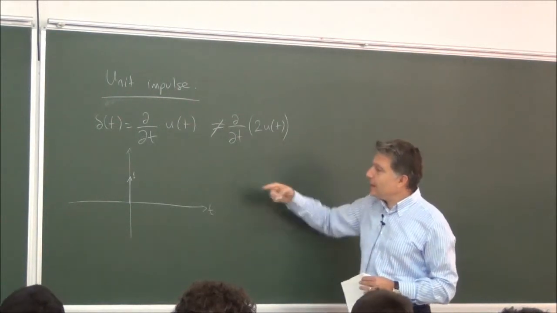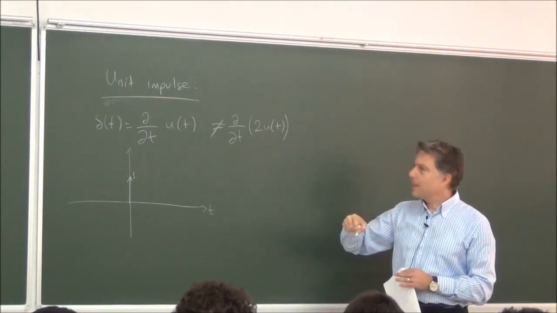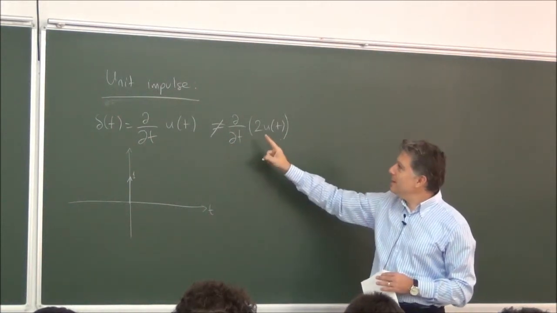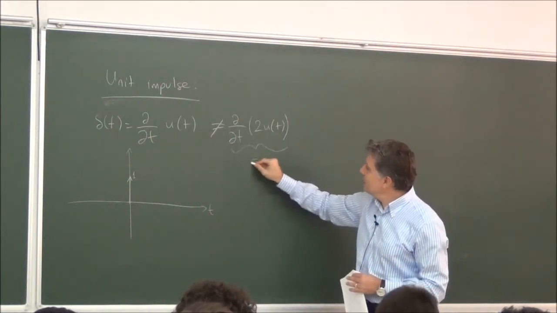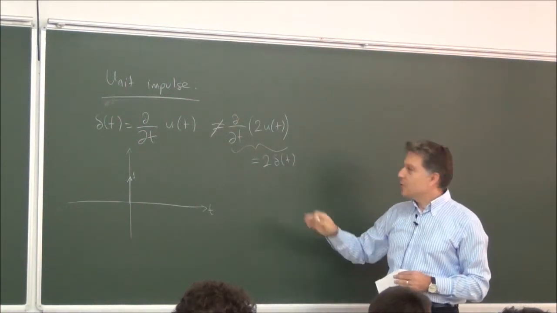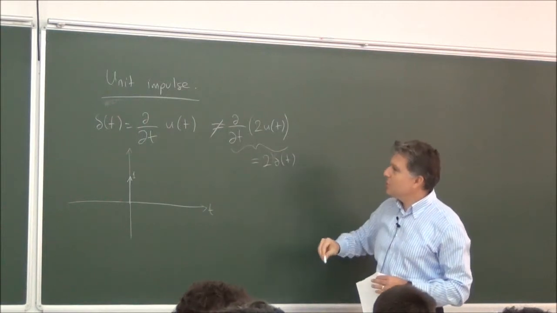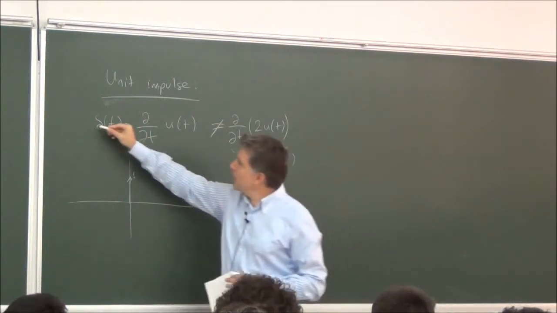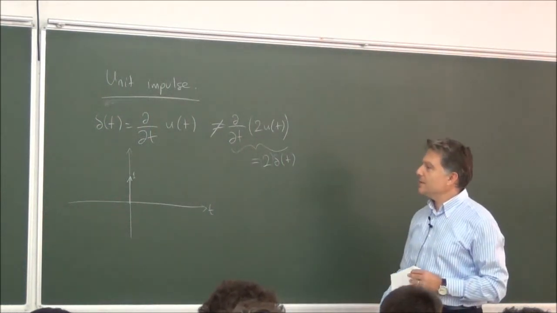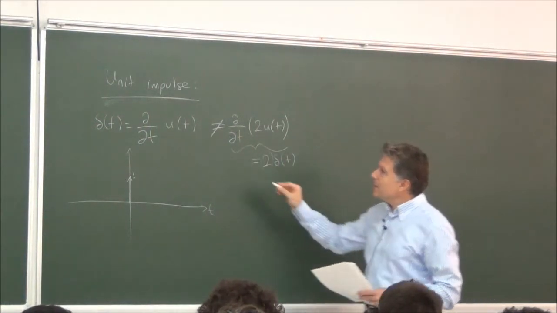The derivative of that will also be infinity at 0, but these two functions are not the same. This will generate, in fact, twice delta t. So what is this magnitude, which causes this one to have 1 delta t? That's why it is unit. We call it a unit impulse. It's because of the opposite